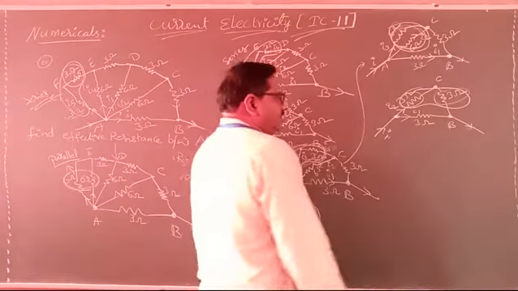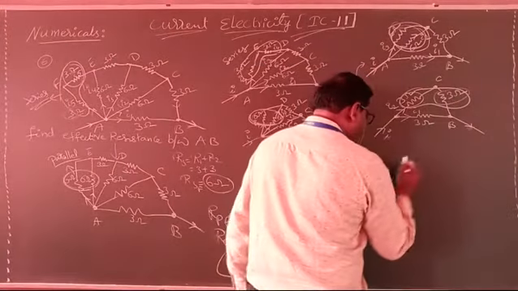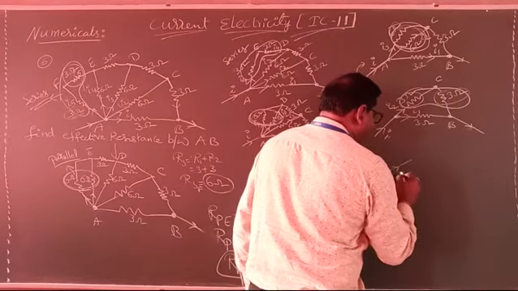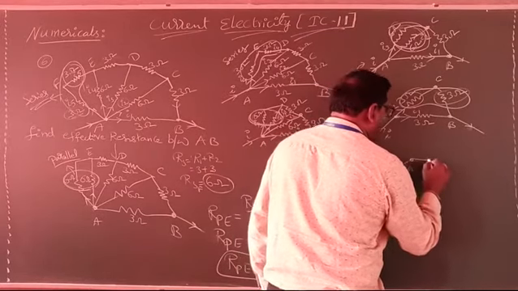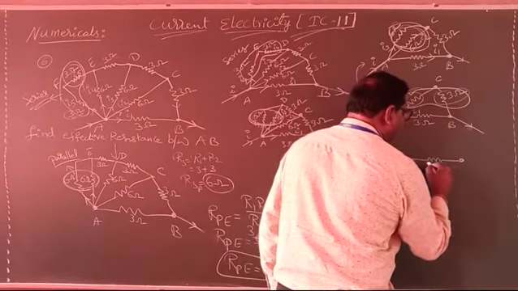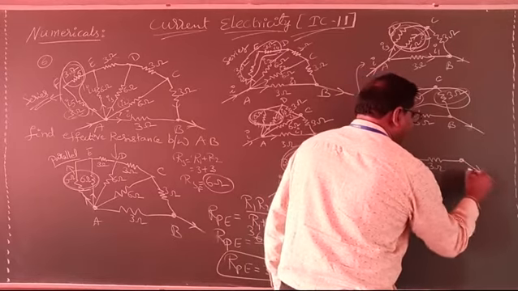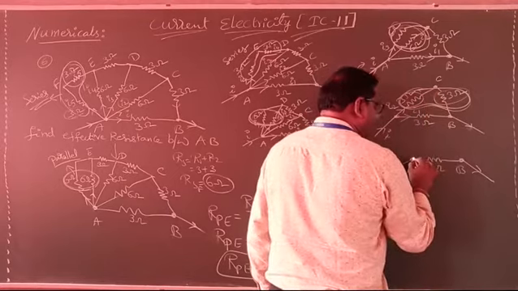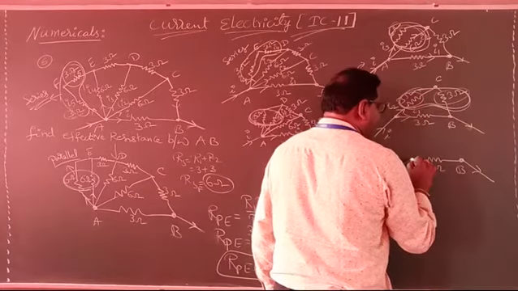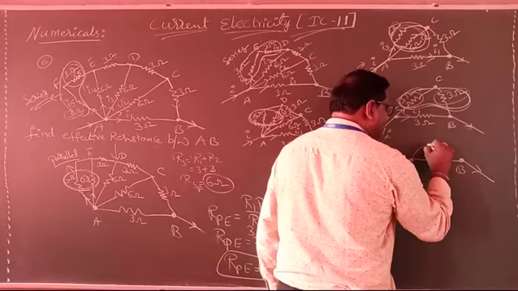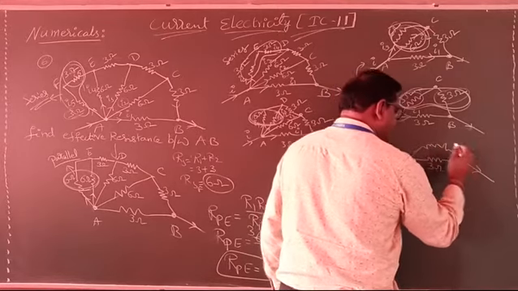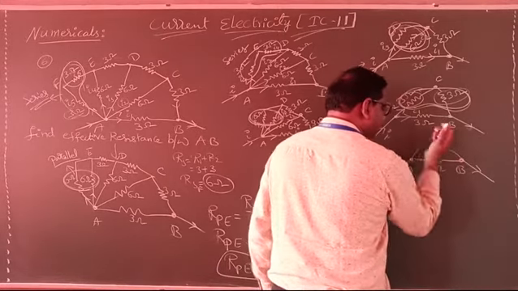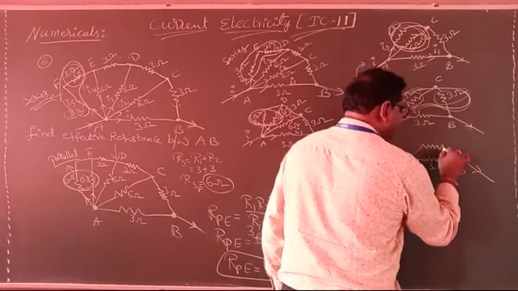Clear? Now these two are in series. So I will write that this is I. It is point A and between A and B we have a 3 ohms resistor. Now the effective of these two along C, that is nothing but, I want to write here like this. It is a 6.